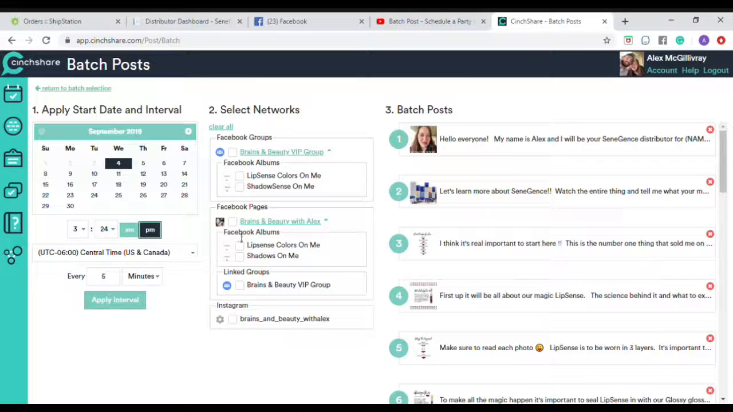So my favorite groups are here, so depending on where you're going to post it, you'll want to make sure that there is a heart next to it in my networks, make sure there is a heart next to it in order for it to appear right here. So say I wanted to put it into this group,